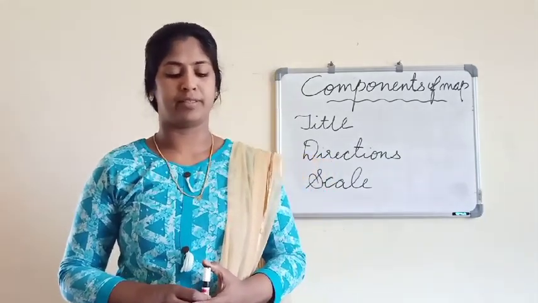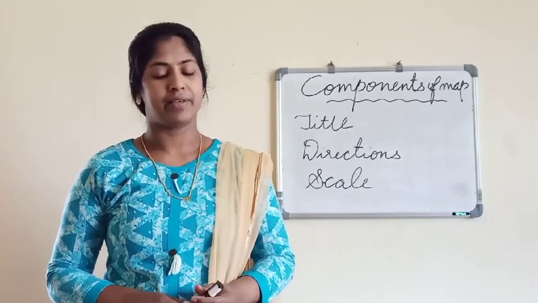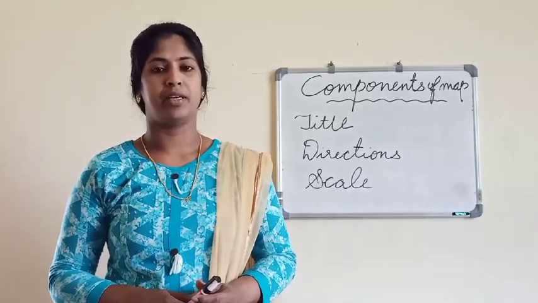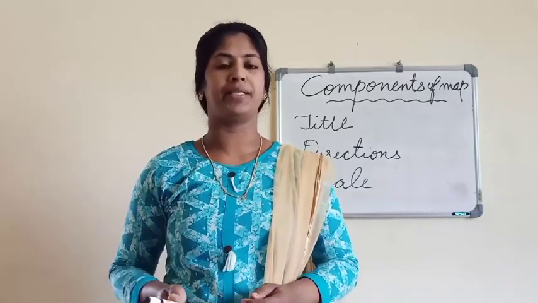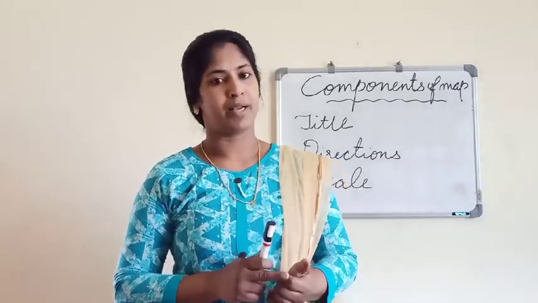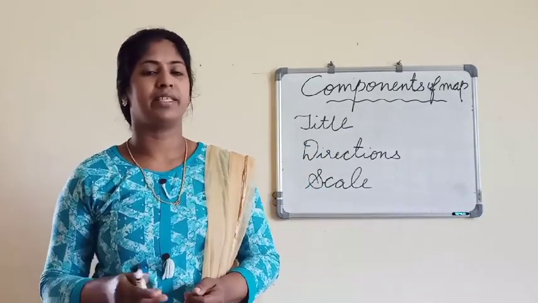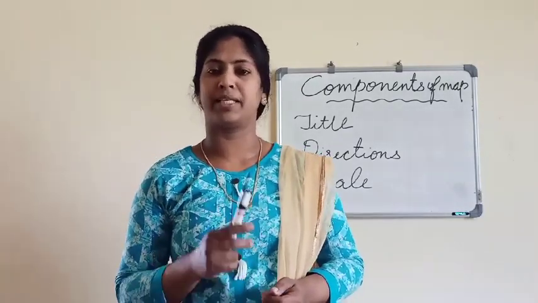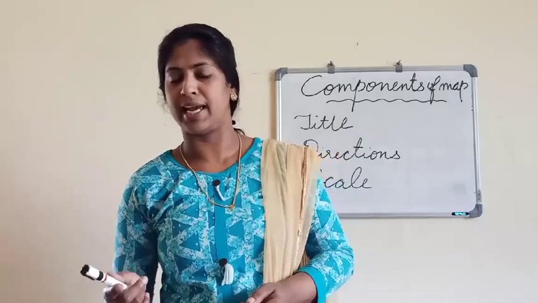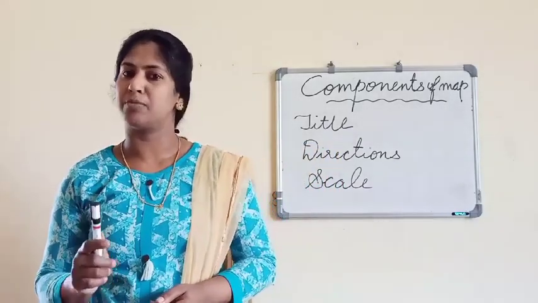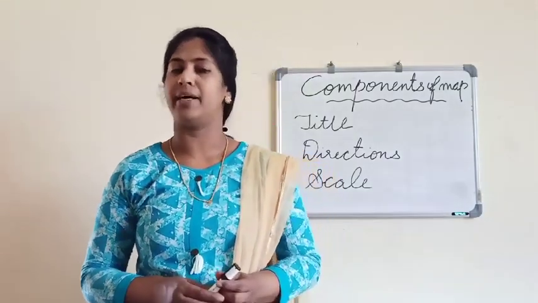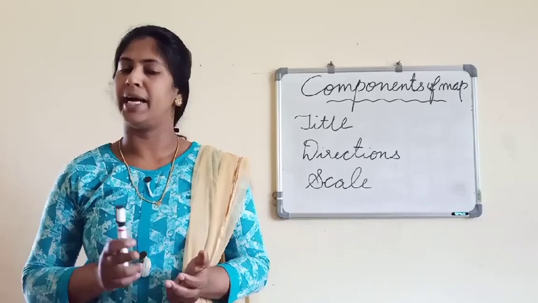We are continuing the chapter which we started yesterday. It was the first chapter of class 6, Map Reading, and yesterday we saw different topics. In that we studied the globe, map, sketch, plan, etc. We also saw different types of maps on the basis of content and on the basis of scale. On the basis of scale, there were large scale maps and small scale maps. And on the basis of content, there were political maps, physical maps and thematic maps.